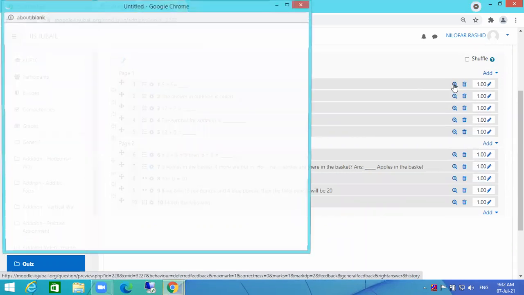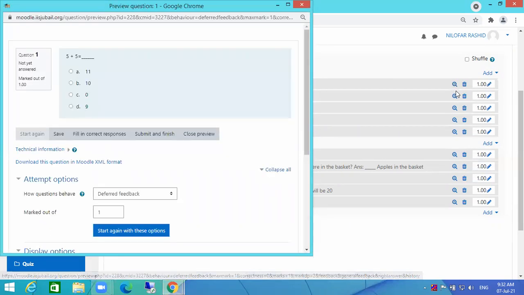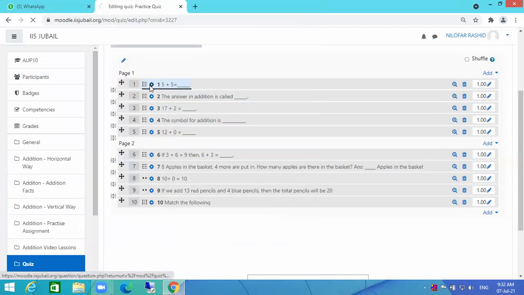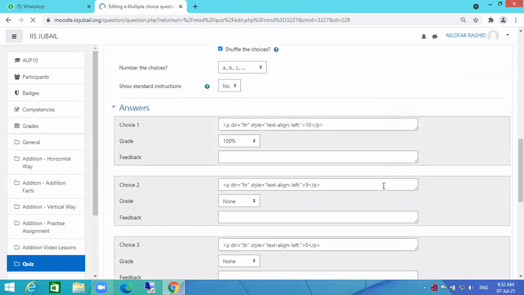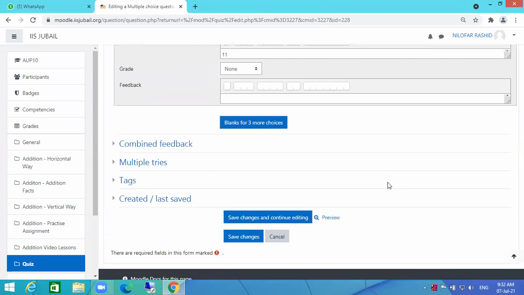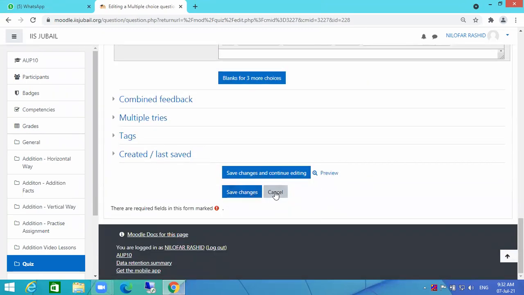If there are any changes or any problem, then you can go to edit. Just close this, then you can go to edit, and then you can save also.